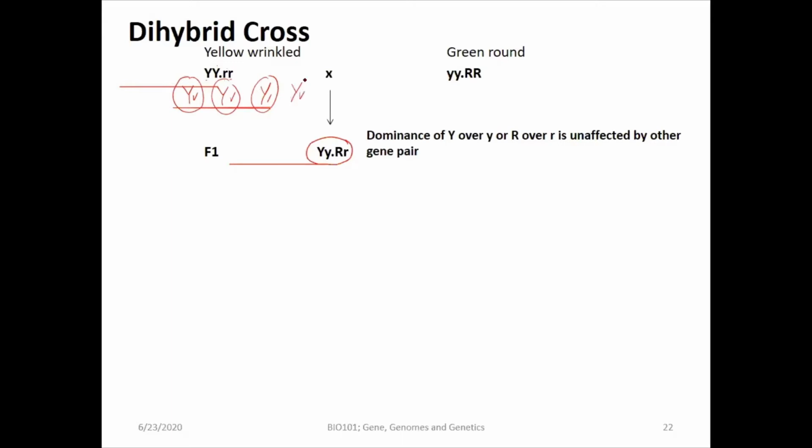So 4 combinations. And same is the case here. So this small y with this capital R, this small y with this capital R, this small y with this one, and this small y with this. But all of them will look like capital Y small r, small y capital R,